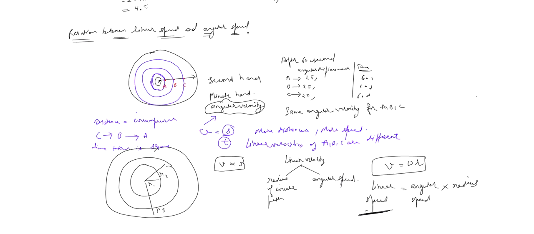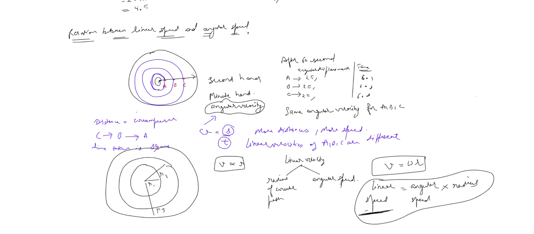In vector form, it is not in our syllabus, but basically this is all represented in a vector form also. Linear speed we are writing because we are writing for magnitude only. Otherwise, it is represented in vector form also. But vector form is not in our syllabus. So here we are writing for the magnitudes only, because if we have to write in vector form,